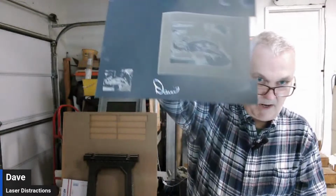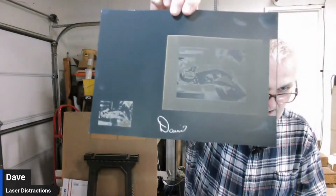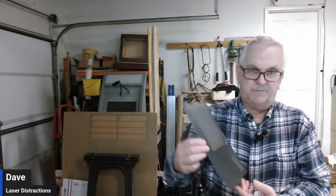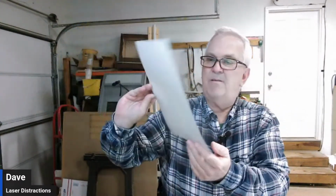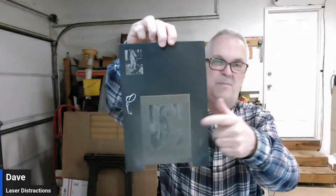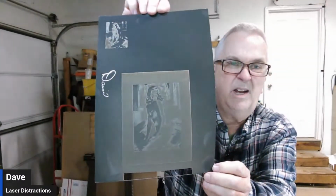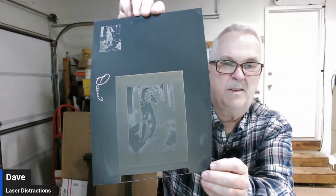Okay, I just signed my name and look, it comes out good and white. So that tells me that there wasn't enough power to get down to the white. Because see how the bigger one we ran first, it's inverted the right way, but